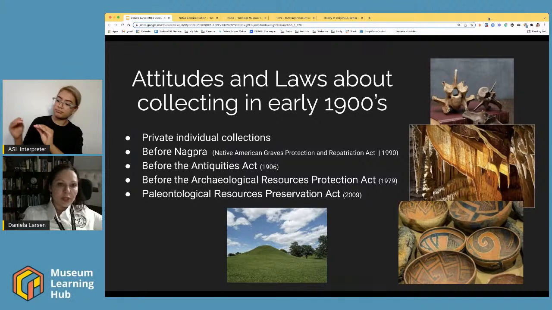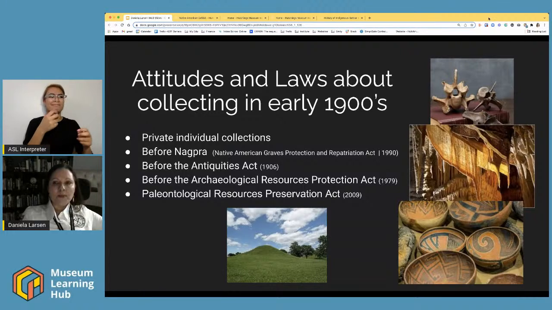It was also before the Archaeological Resources Protection Act of 1979. A lot of these things are very, very recent, where the community at large wasn't worried about people spray painting petroglyphs and digging up burial sites and things like that. And it's been a slow and steady education.